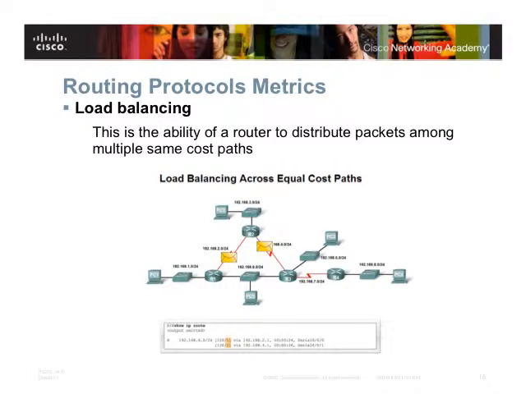Okay, so I need to go from router 1, for example, to this network. Router 4 will give me the information that this network is directly connected. This information will propagate to router 3, from router 3 to router 2, router 1. Router 1 receives 2 metrics from router 3 and from router 2. And the 2 metrics happen to be equal.